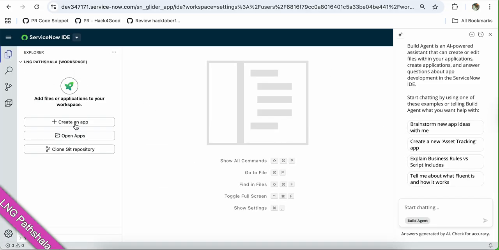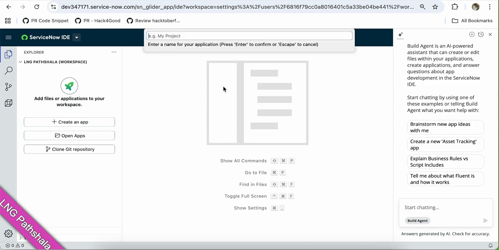Now either you can create an app from here itself, like we can use the IDE, open apps, or clone a git repository, anything you can do. But as I'm going to do a demo for the build agent, you can see that particular part has gone, and now I can see start chatting. As I said, there are two ways to create an application. First I'm going to create a normal one, like say,